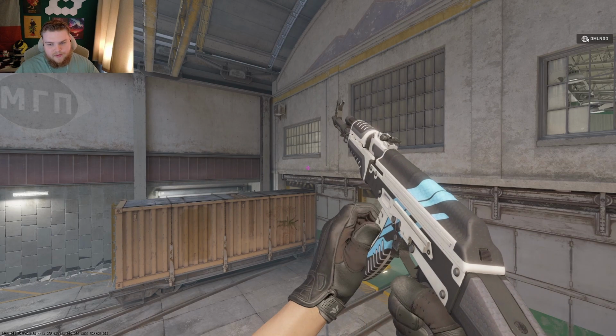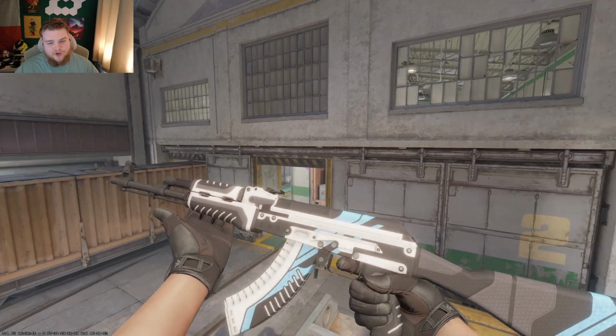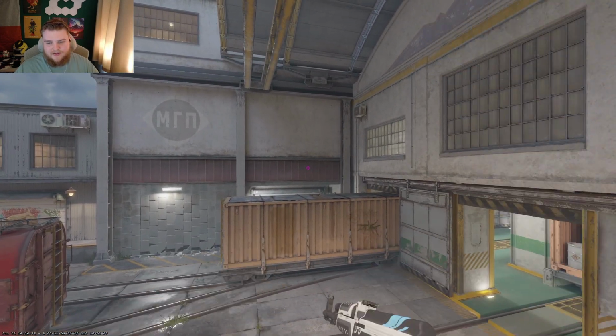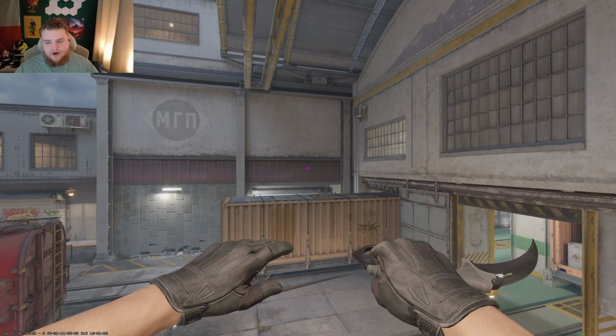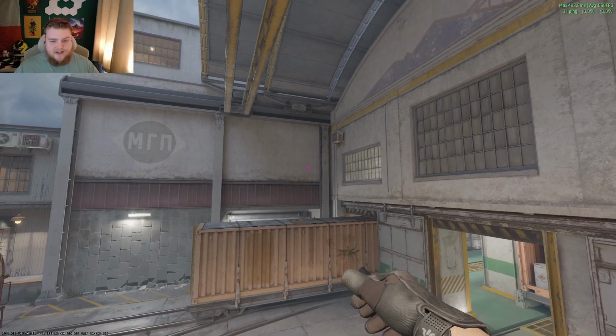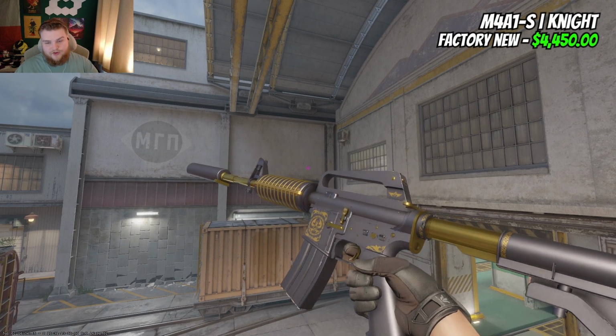A little bit of carbon fiber vibes. You've got a little bit of accent color to play with to spice up the loadout. It's going to cost you almost $1,000, but it looks so mean with the Nox. And you pair it with a vanilla Karambit, but this is just a mean combination you're seeing here, like Blaze, Vulcan, vanilla. And then to really take the piss, we're going to go for a $4,450 M4A1-S